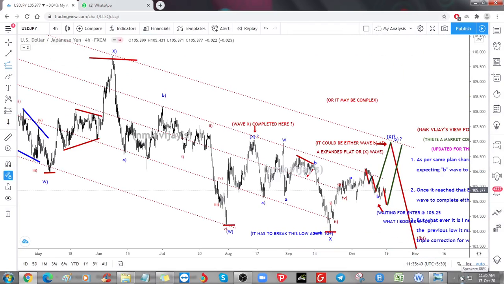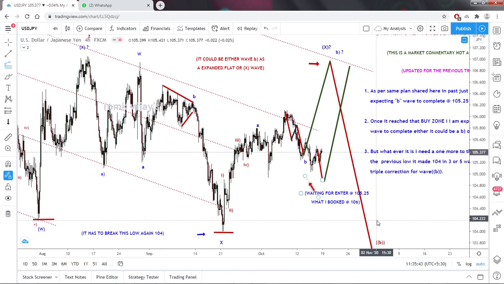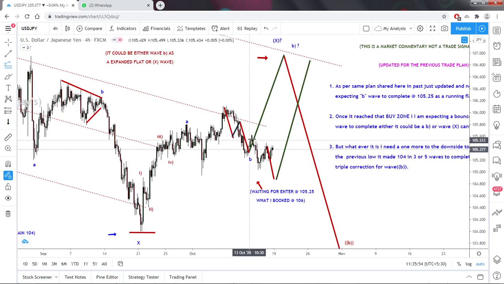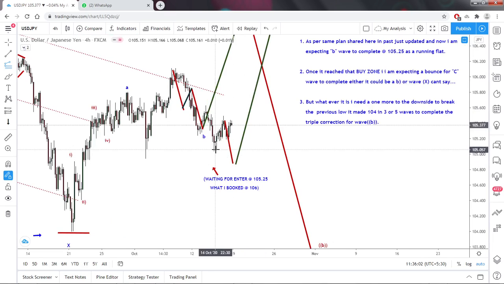So same, it is not going anywhere in USD JPY. So from here itself I expected that 105.25 it came, and I already bought there, and immediately it won't give that impulsive wave to the upper side, and again it may make a three-wave structure. So from here what I did is just keep watching. What I bought at 105.25, I booked at 106, and I buy back that 105.25 according to the previous analysis. Here I have written, waiting to enter at 105.25, what I booked at 106.